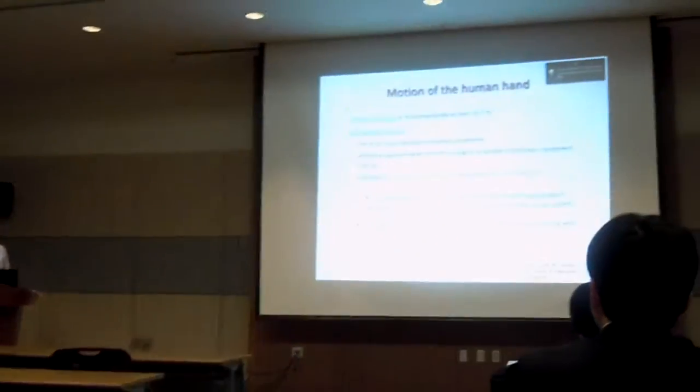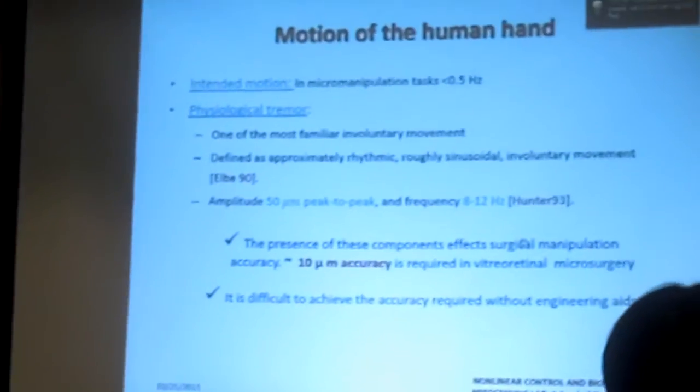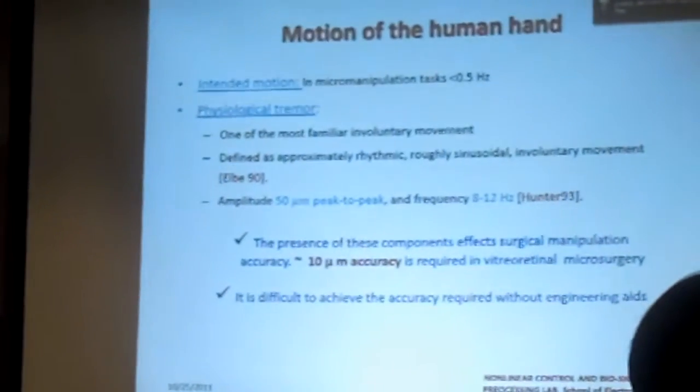Okay, let's talk about the motion of the human hand. In humans, let's consider any motion of the hand. Besides the voluntary motion, there is some involuntary motion present. The involuntary motion is due to the subject's age or his health conditions. But now we are considering the involuntary motion present in healthy subjects, which means this involuntary motion is